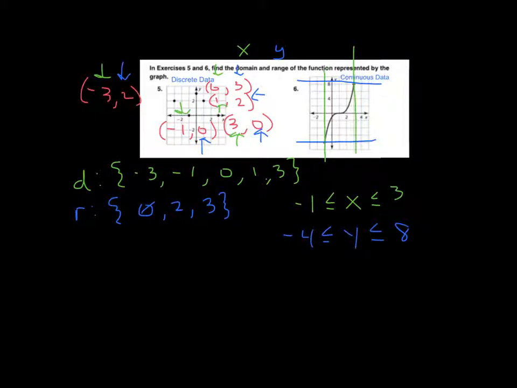Okay? So look at the difference between discrete and continuous data. Discrete data, which is the points, we list our domain and range. Continuous data, which is data that's connected with a smooth line or curve, we write as an inequality. Okay? All right. If you have any questions about that, please ask me, because domain and range is a big